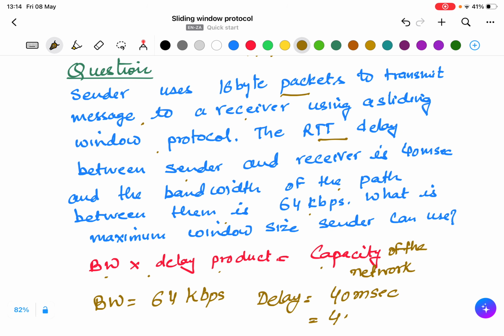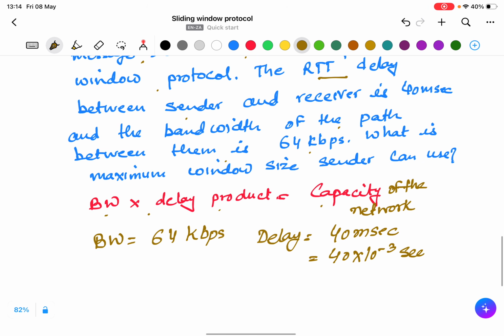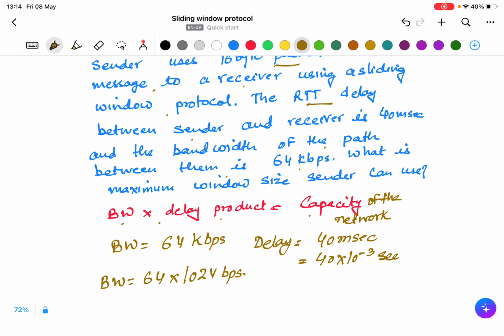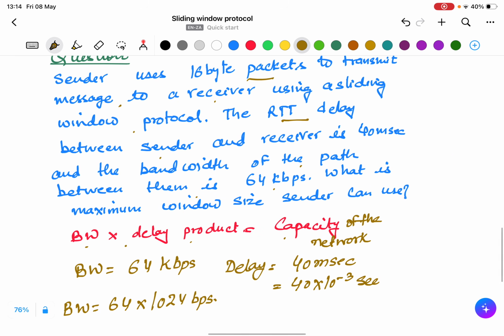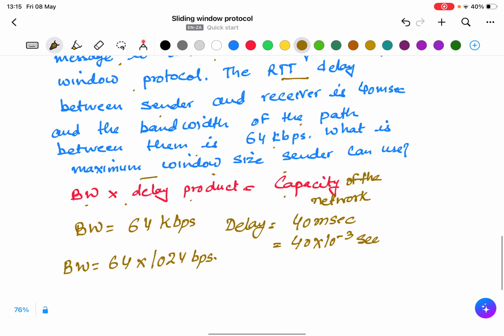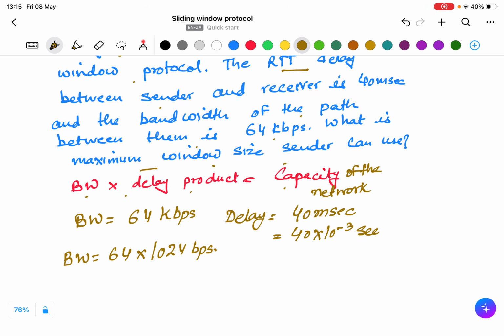If I change it, it is 4 into 10 raised to the power minus 2 seconds, and the bandwidth is 64 into 10 raised to the power 3, or in some places people use 1024, bits per second. One more piece of information is given to us, which is the size of the packet. So we need to know what the maximum window size the sender can use is. Means what is the window size here?